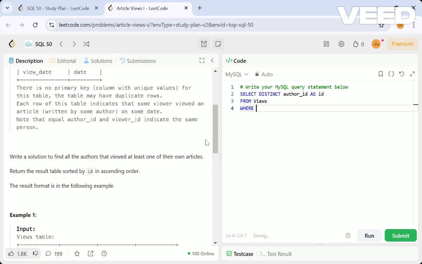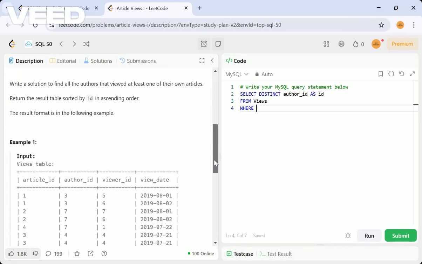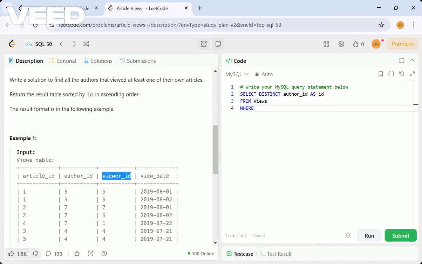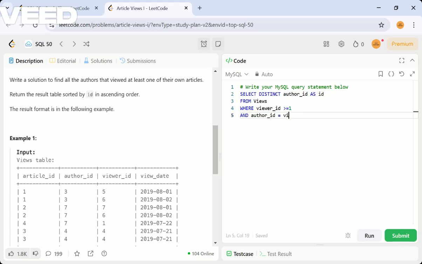Where at least one viewed, right? So where viewer id should be greater than or equal to 1. Okay, then order id, it's not the number of times but the order.